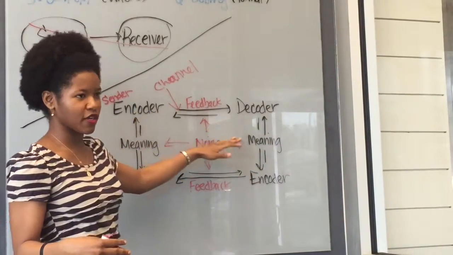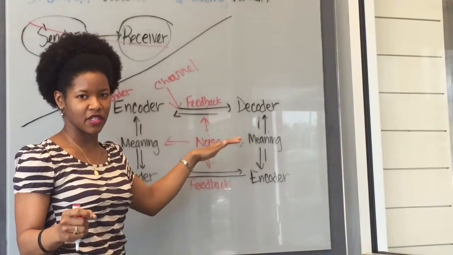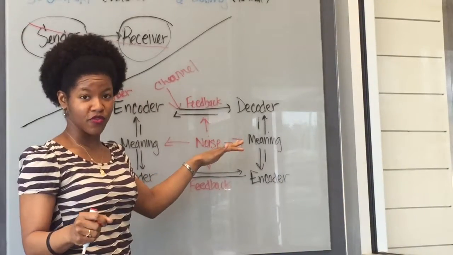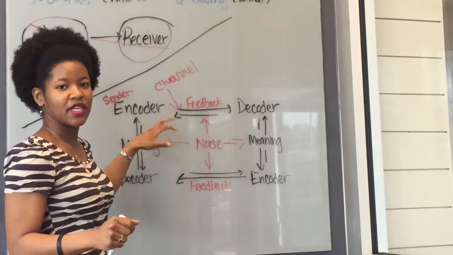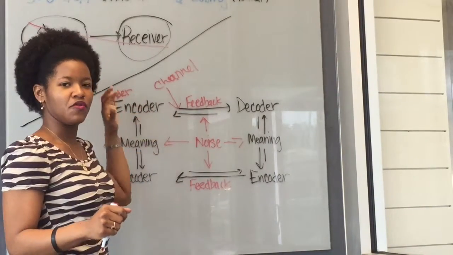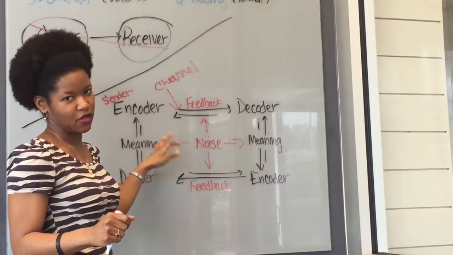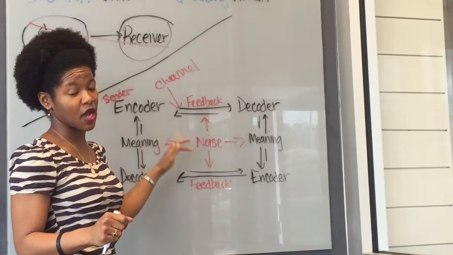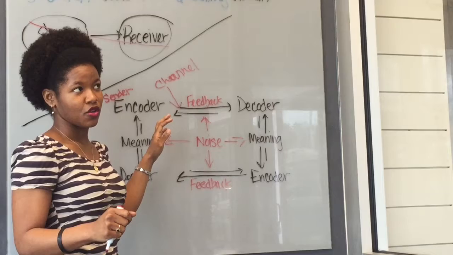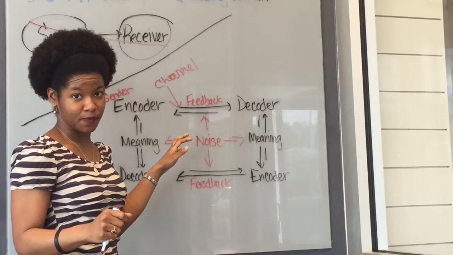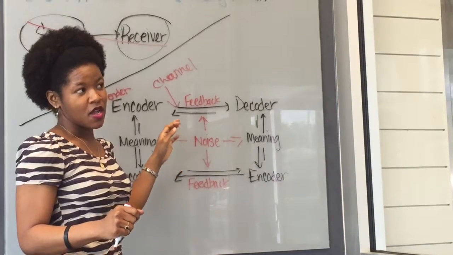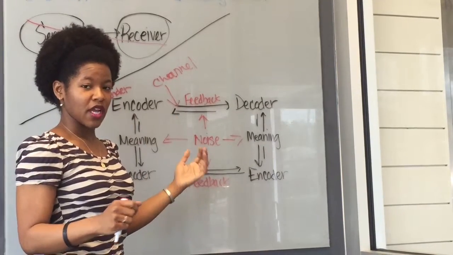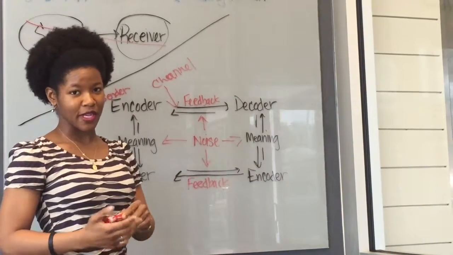Now this is important, and we're going to talk more about this in the nonverbal video in the coming units, but this is important because what this shows you is that you never ever stop communicating. If you think you have stopped communicating, you are definitely wrong. Dead people communicate, okay? We can communicate verbally and we can communicate non-verbally.